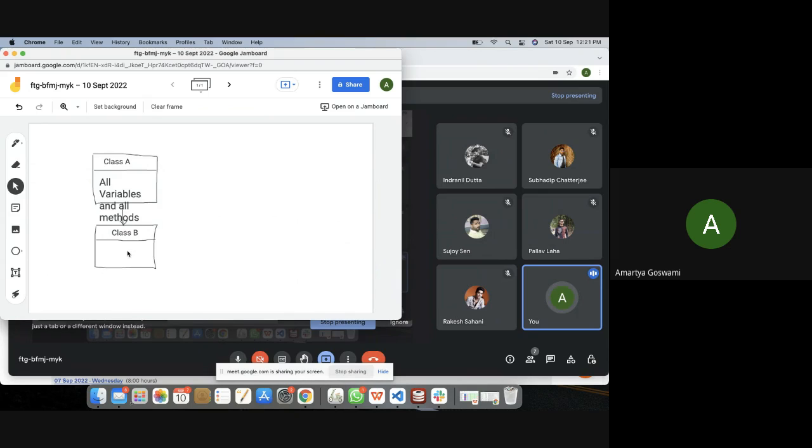If something is defined in class A, all the variables and all the methods, those properties of class A will be properties of class B as well if B is inherited from A. That is, class A is the parent class and class B is the child class. Right? So it is something like